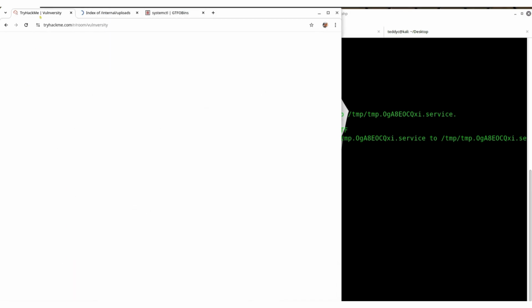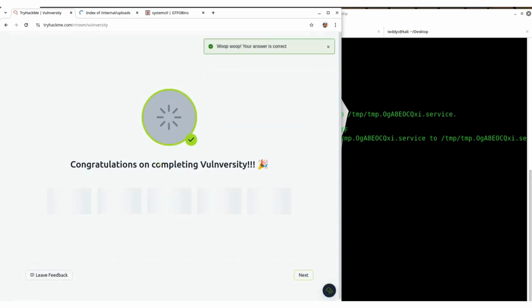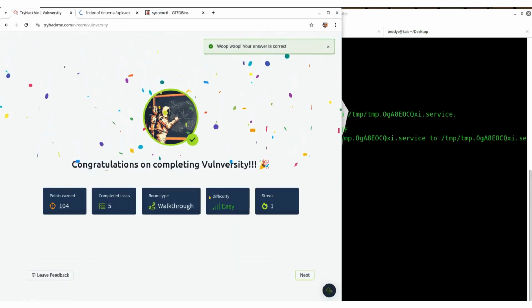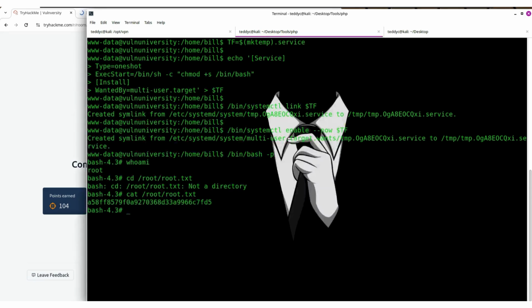Copy. Paste. Submit. Congratulations on completing the Vulnversity walkthrough. Points earned: 104. Walkthrough: easy. Well, I hope you guys enjoyed this. I mean, this section